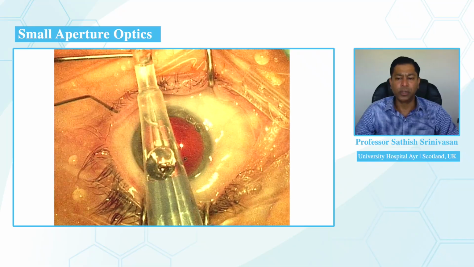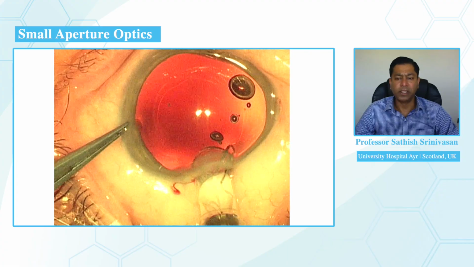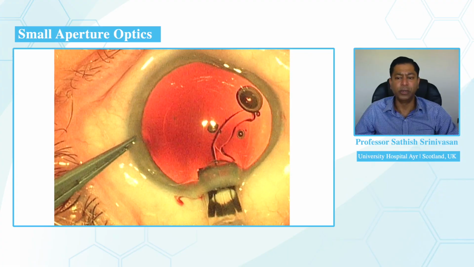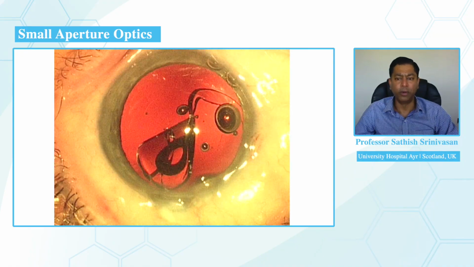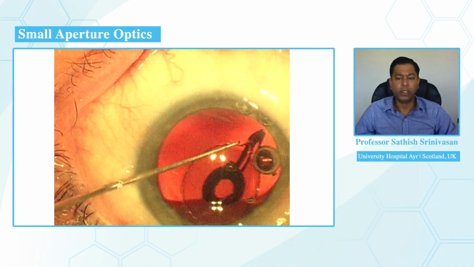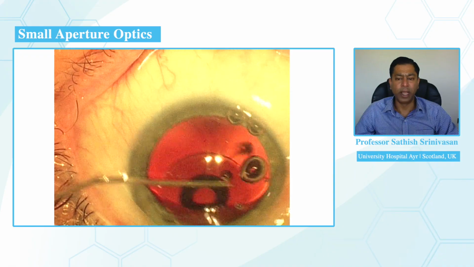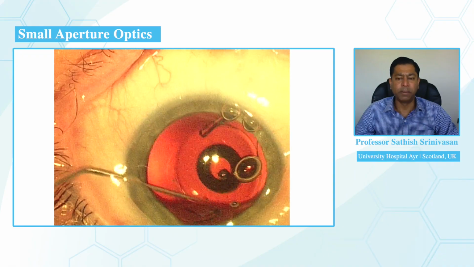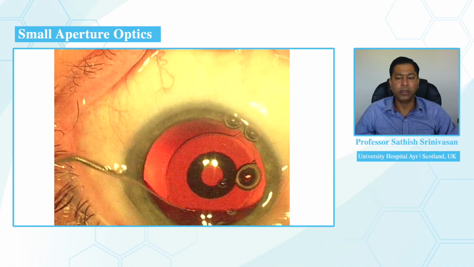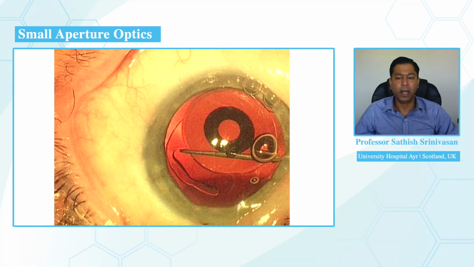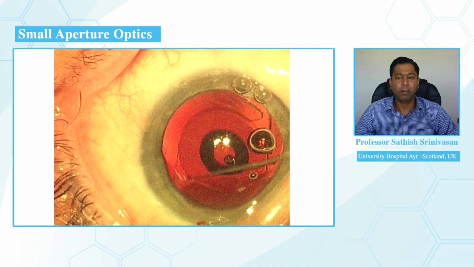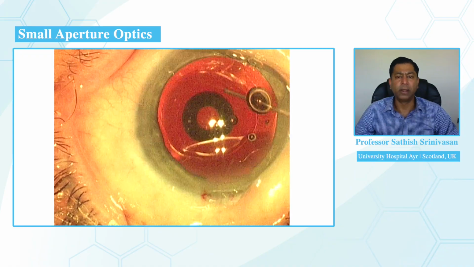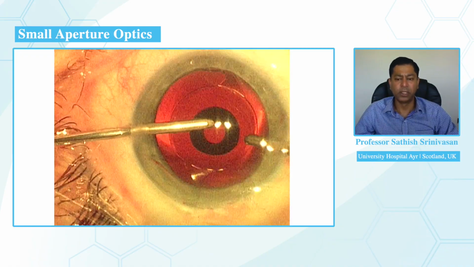The wound is enlarged to around 3 millimeters, and the IC8 intraocular lens is injected into the capsular bag as one would inject a standard monofocal intraocular lens. Once the IC8 is injected, both the haptics are placed within the capsular bag, and I usually tend to place the haptics in the vertical position, where the haptics are placed at 6 and 12 o'clock positions, and then care